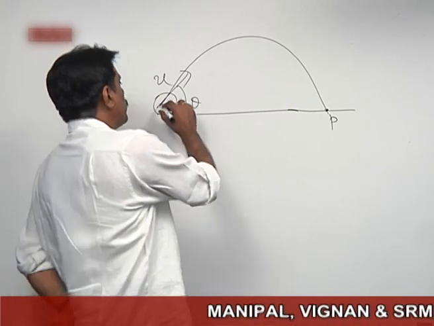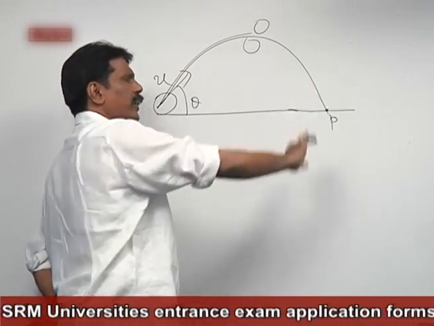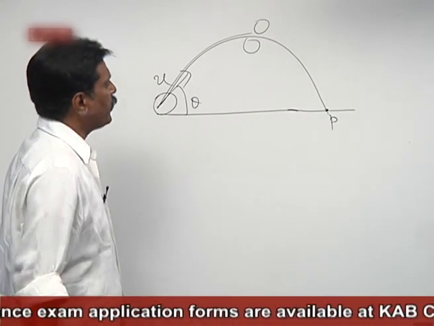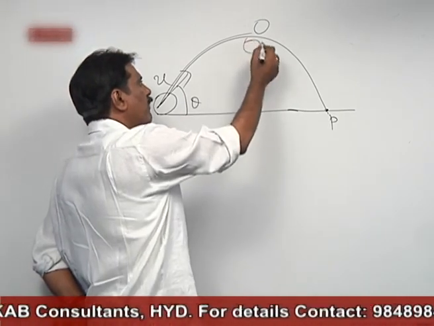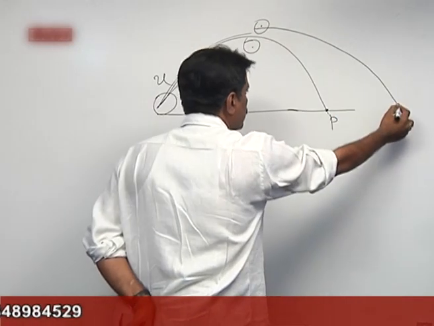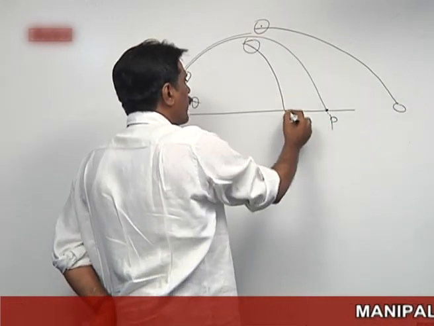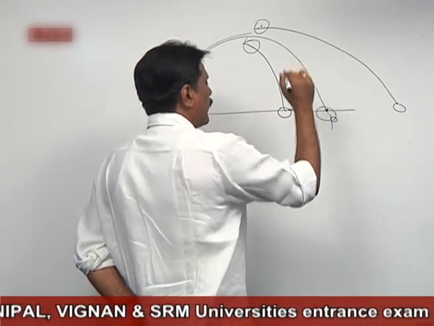Now, let us assume that it explodes into two fragments at the highest point or at some other point. No condition is required for it to explode only at the highest point. Anywhere it can explode. If it explodes somewhere in its path into two fragments, if one fragment travels like this, then automatically the other fragment travels like this, then the center of mass should be here only.